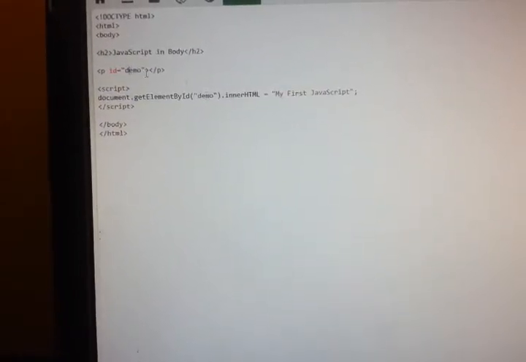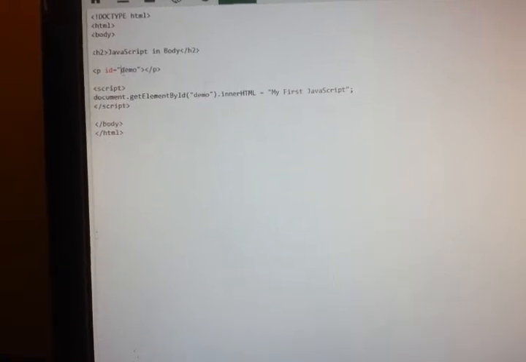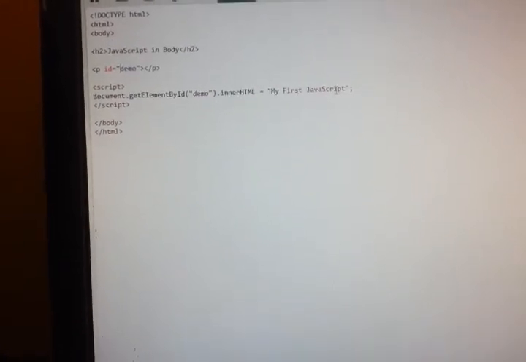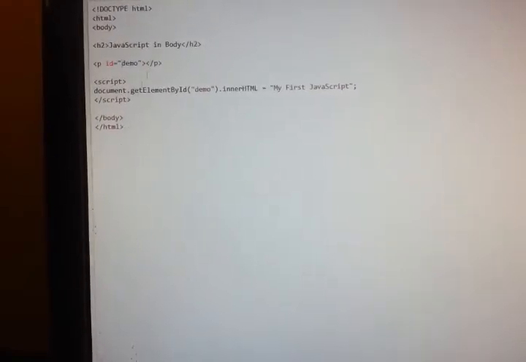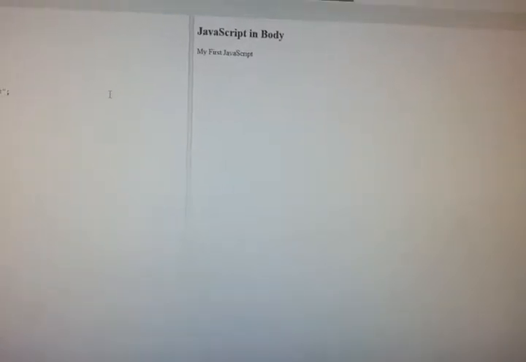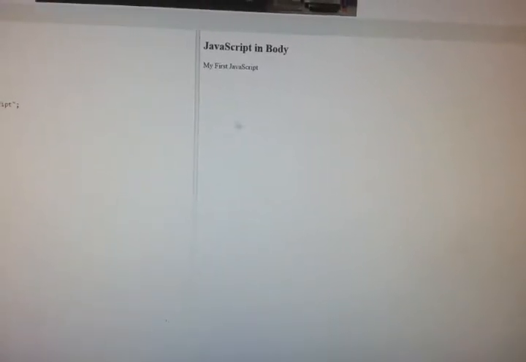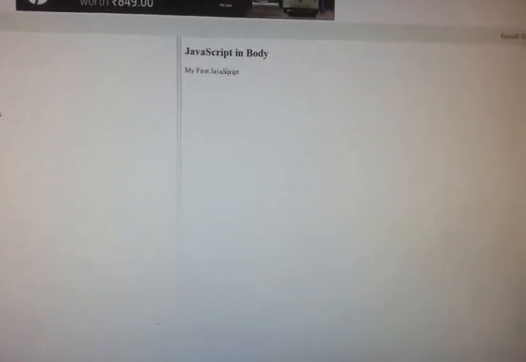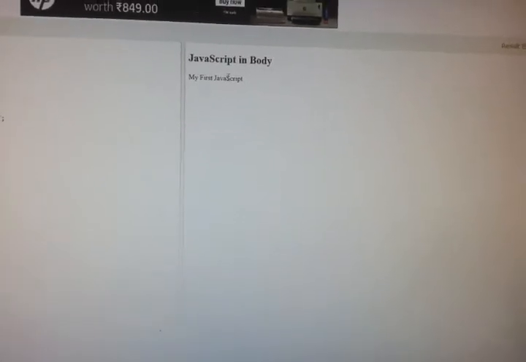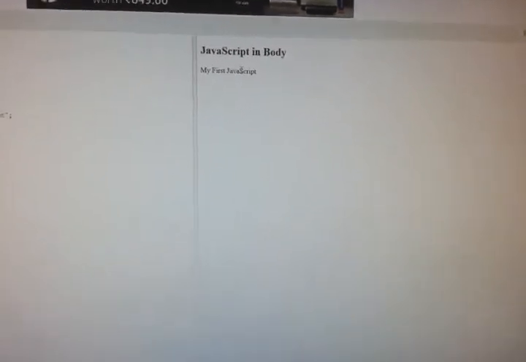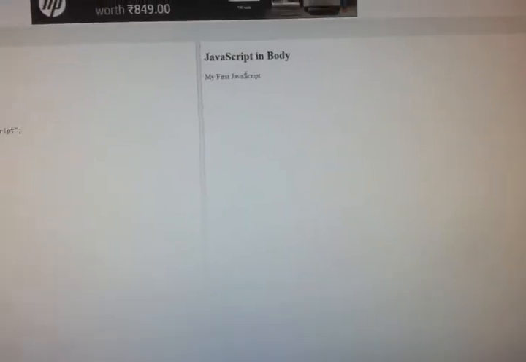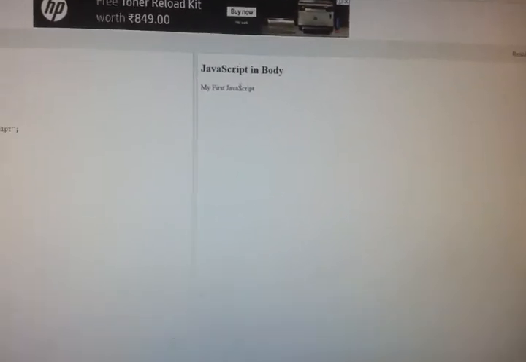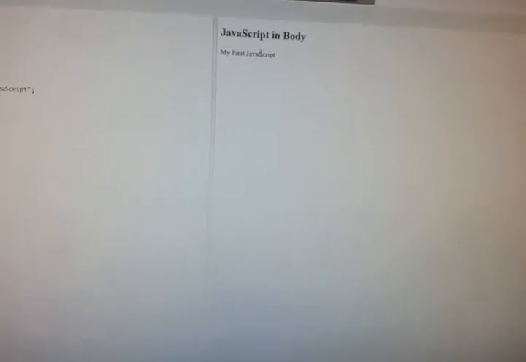This demo and this demo are matching. innerHTML is equal to My First JavaScript, and then closing script, closing body, closing HTML. When we run this, we get the heading and My First JavaScript, which is the message we gave in document.getElementById. This document.getElementById is the same as the printf statement in C language.